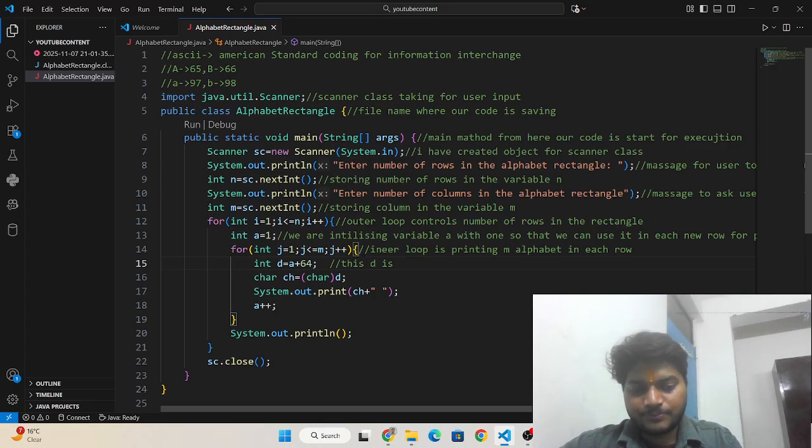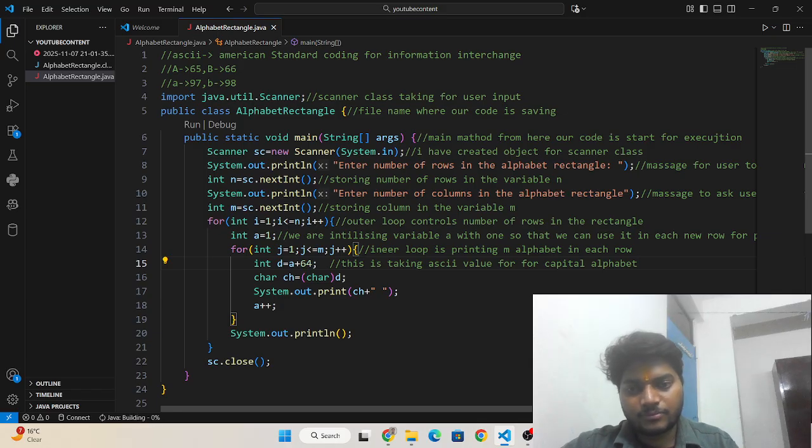This d is taking ASCII value for capital alphabet.